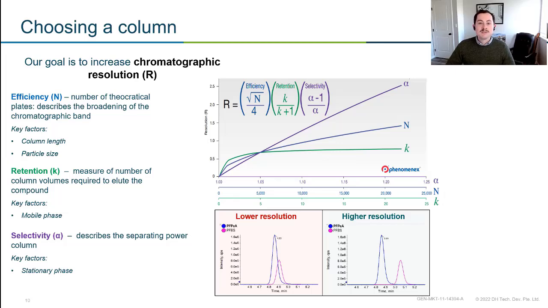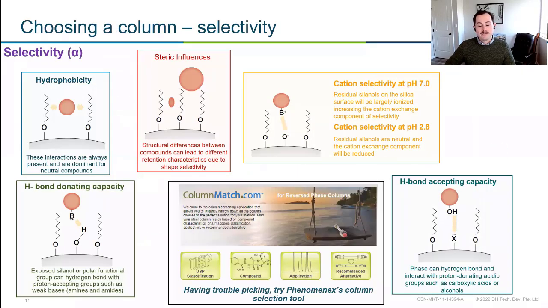But probably one of the most important factors, and if you look at that graph, you can kind of see it's one of the most important variables for chromatographic resolution would be your selectivity. And this is really your stationary phase and how your compounds of interest and your compounds that you're not interested in interact with your column. So during the method development section, we'll kind of dive in deeper into specific column stationary phases. But for now, I just kind of want to introduce some of the properties they're using to interact with that stationary phase.